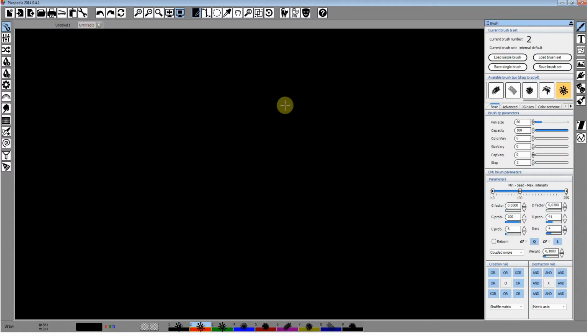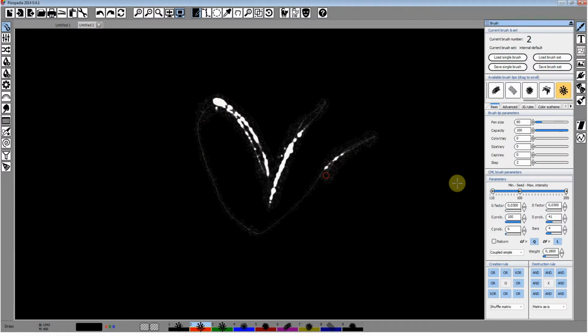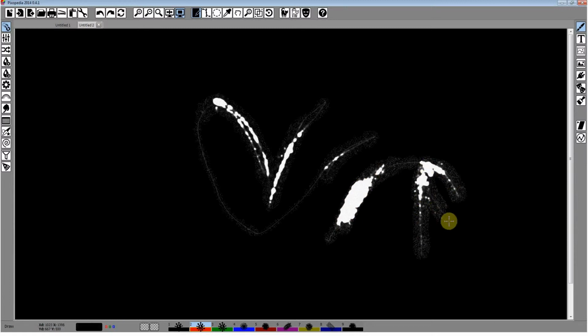Here is another type of brush that goes to black with different settings, so you can see it looks different. We can remove this XOR ring. It's not a proper real binary XOR ring, but anyway.